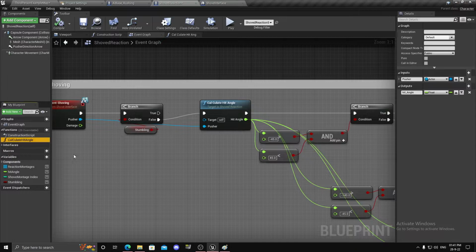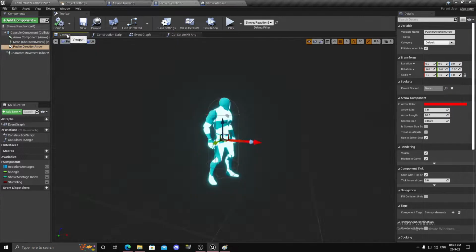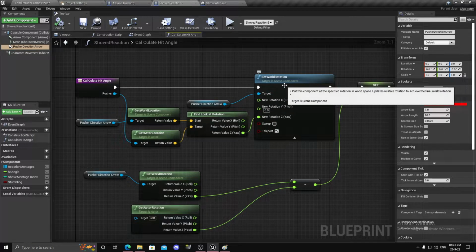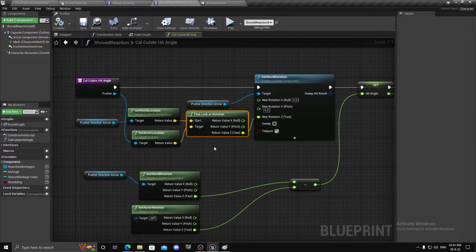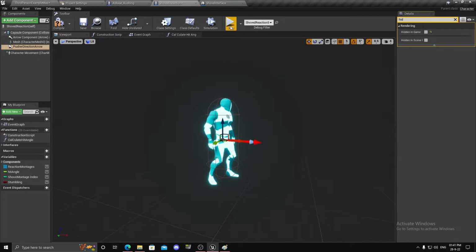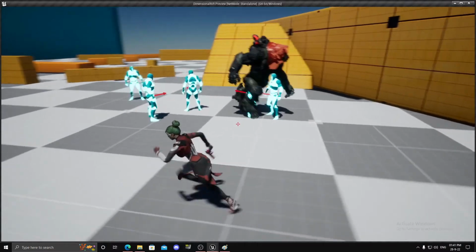Then we call in the function calculate hit angle. Here we are going to calculate from where we are getting pushed. Here we will need the input pusher, so that we will know who is pushing and from what location. So we go in. Remember this arrow that we created? Get it, and we need to set its world rotation, and we need to find look at rotation. What this will do is, let me show you. Right now it is pointing forward, but later on it will point towards